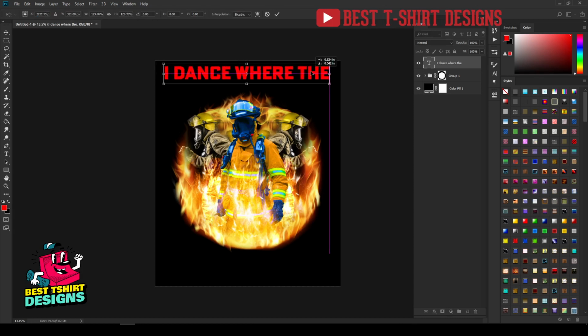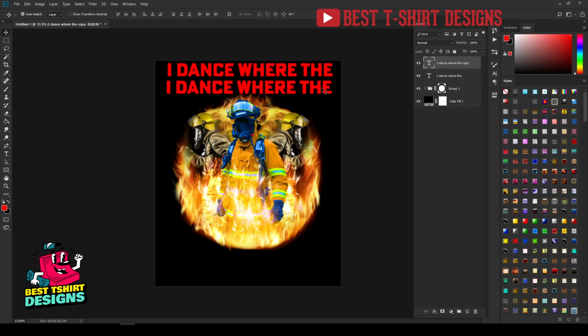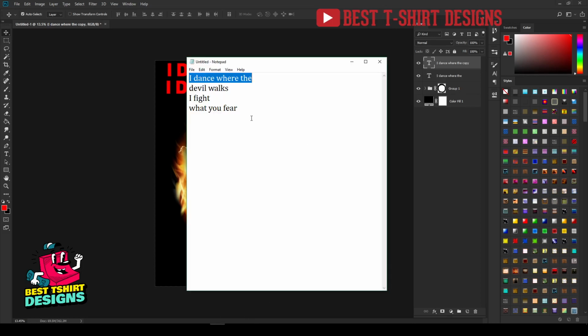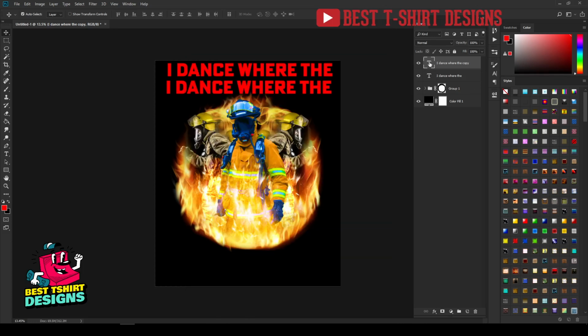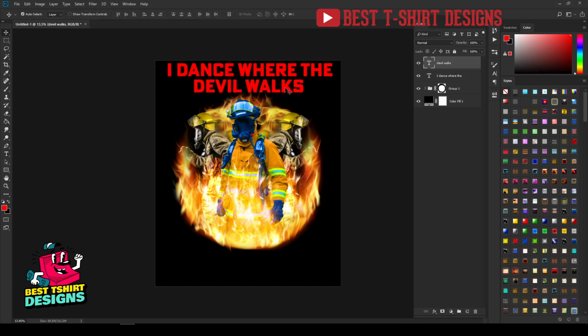So with this font there are some settings you can play with, like this is the center position, the pink line, that is the smart guide showing me that I am in the center position. "I dance where the devil walks," so I am just pressing Alt to bring down a copy of that, "where the devil walks." And then here if I double click on this layer, it will make a selection of that layer, you can see, and then just press Ctrl V. It is going to work like this. So that is fine. I am just placing them for now, I will change that later.